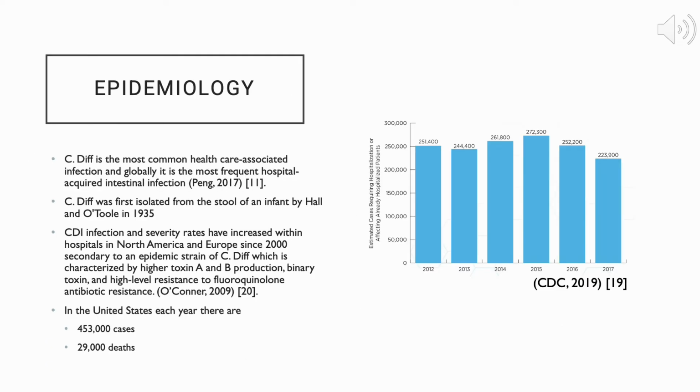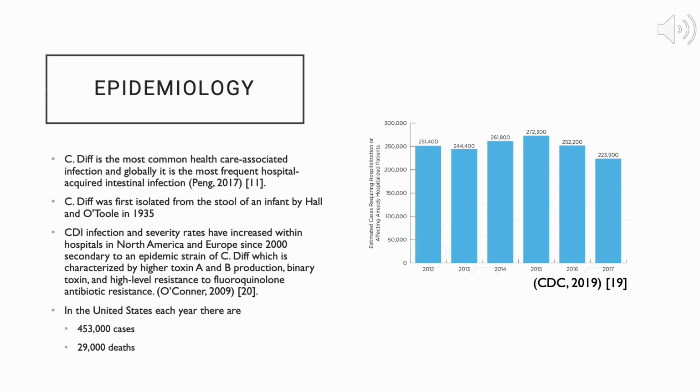Epidemiology. C. diff is the most common healthcare-associated infection, and globally it is the most frequent hospital-acquired intestinal infection. C. diff was first isolated from the stool of an infant by Hall and O'Toole in 1935. C. diff infections and severity rates have increased within hospitals in North America and Europe since the early 2000s, secondary to an epidemic strain of C. diff,